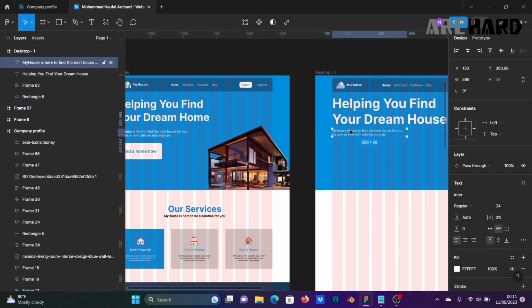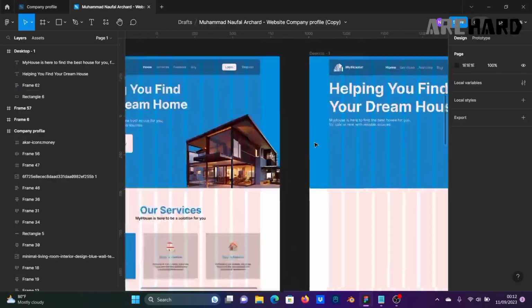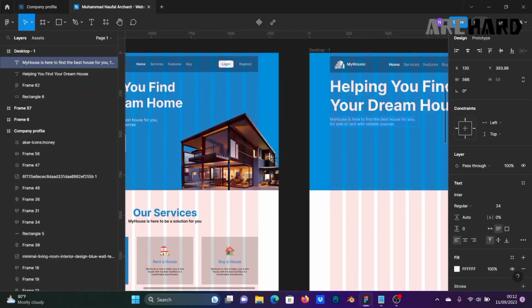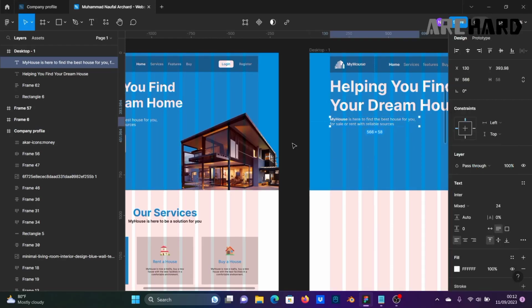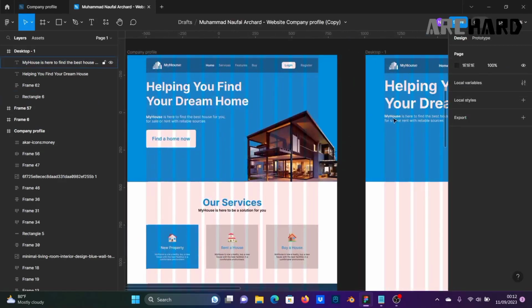Okay, nice. And I want to change this text, my house. I want to change the text style to bold like this, because my house is my product, my website name. Okay,